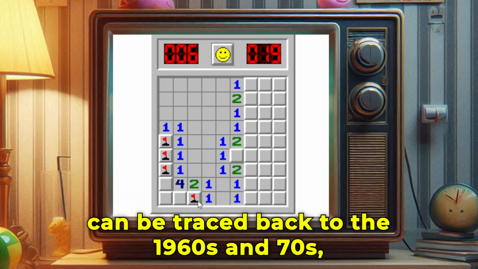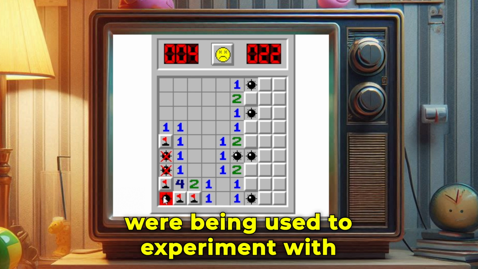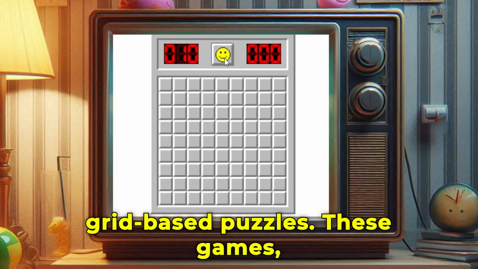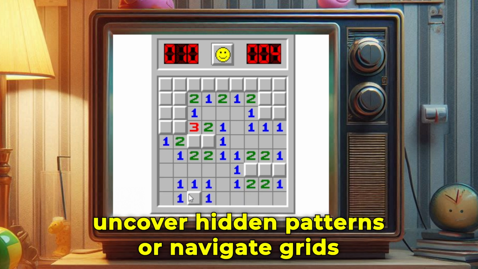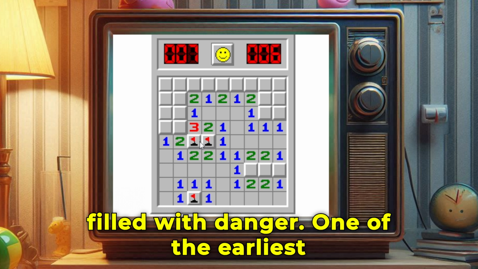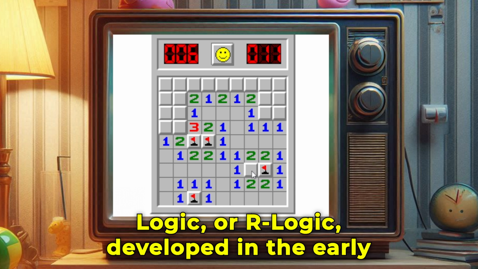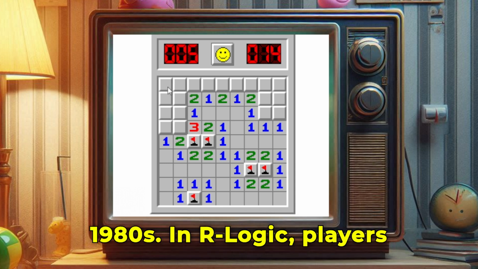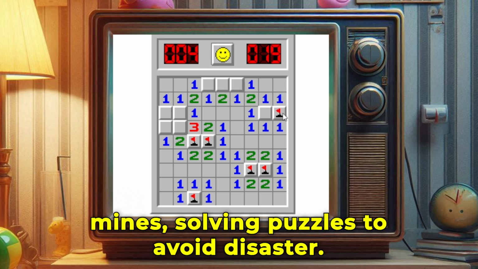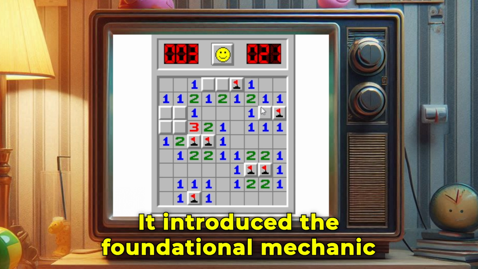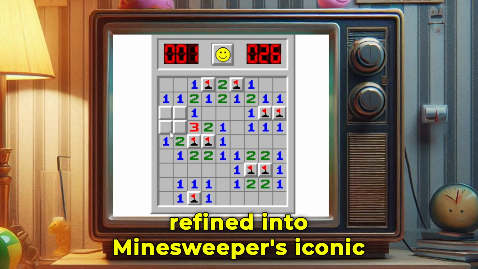The game's roots can be traced back to the 1960s and 70s, a time when early mainframe computers were being used to experiment with grid-based puzzles. These games, often text-based, challenged players to uncover hidden patterns or navigate grids filled with danger. One of the earliest influences on Minesweeper was relentless logic, or R-Logic, developed in the early 1980s. In R-Logic, players maneuvered through a maze filled with mines, solving puzzles to avoid disaster. It introduced the foundational mechanic of logic-based deduction within a minefield, a concept that would be refined into Minesweeper's iconic